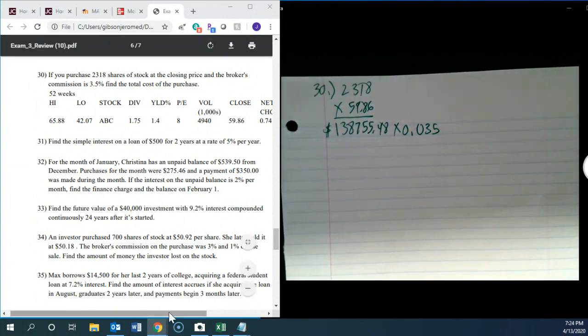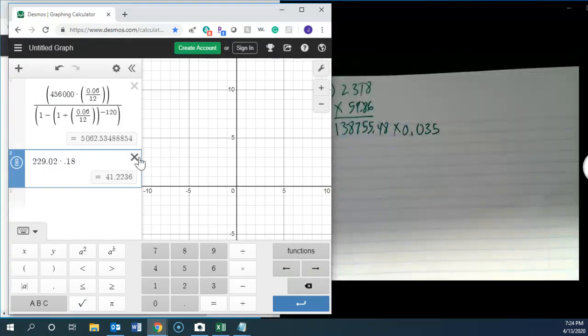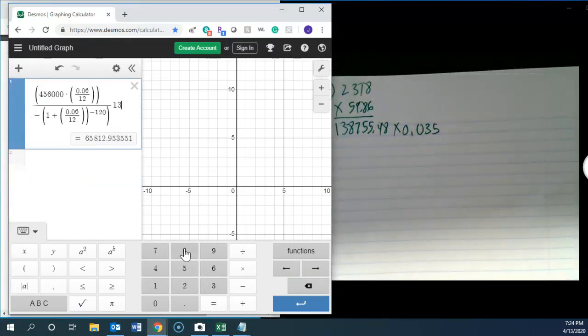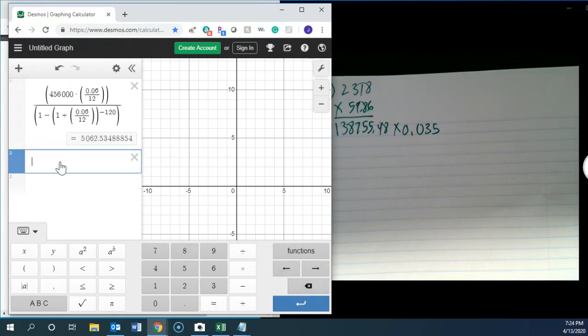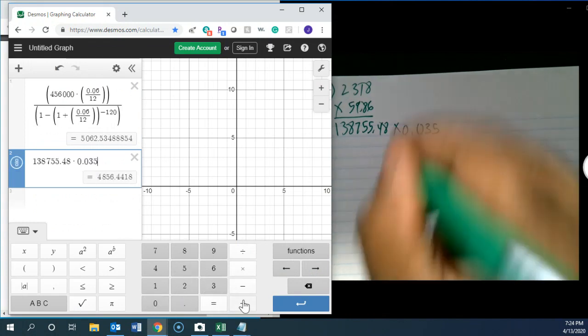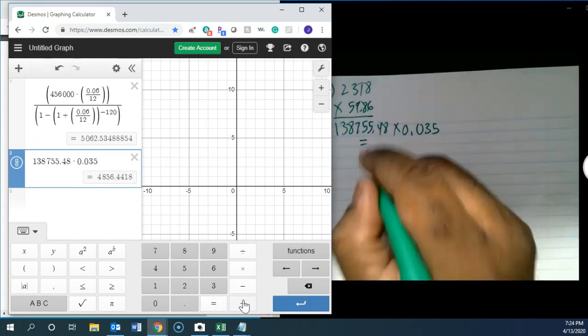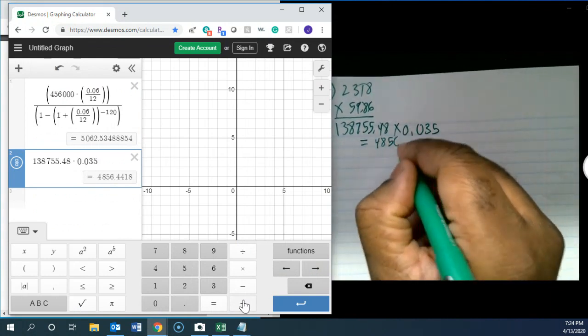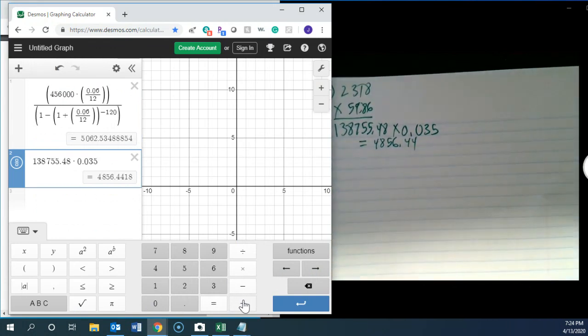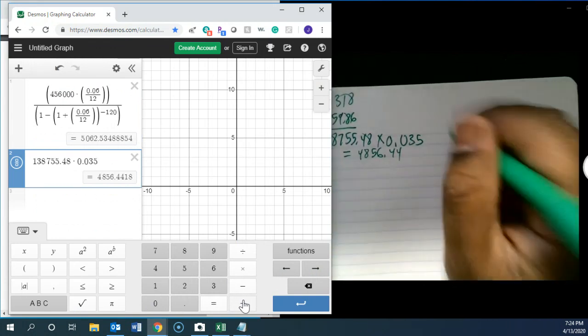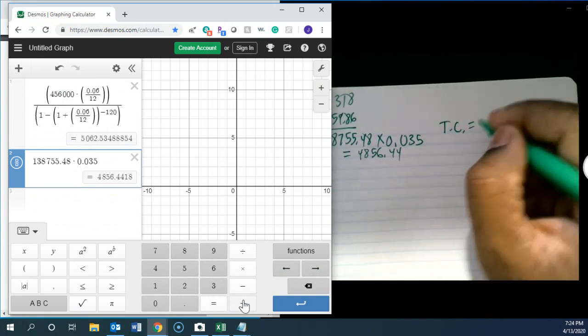So we would take our calculator. Let's see. I forgot I got to click down here. So it's $138,755.48 times 0.035. So that would mean that the broker's commission is $4,856.44. Now to find out what the total cost is, the total cost will be the broker's commission